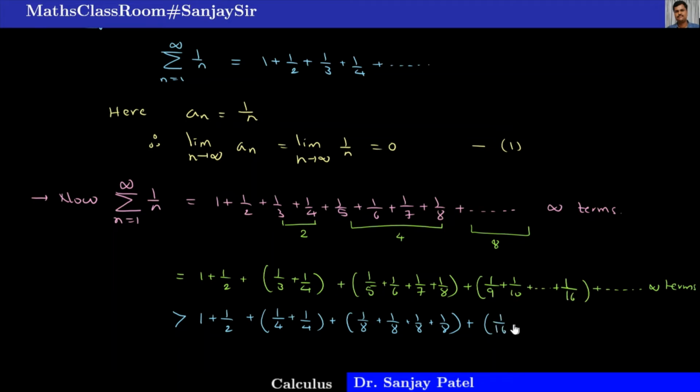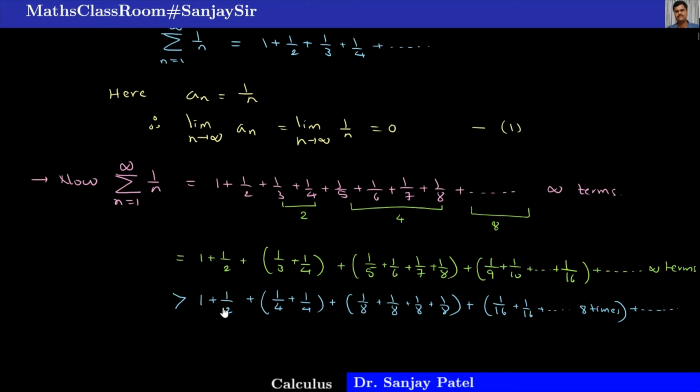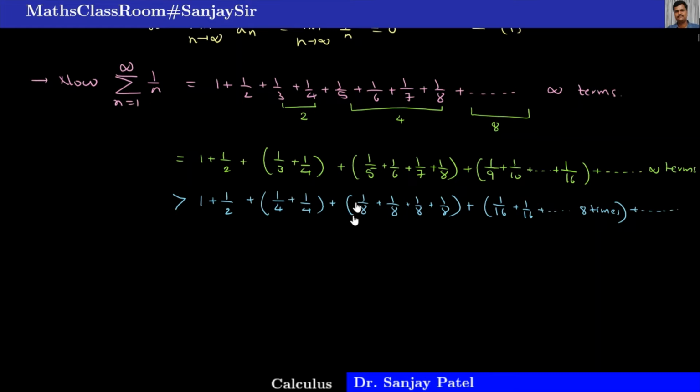So we'll get 1 by 16 plus 1 by 16 and so on. And that is also how many times? It is 8 times. So there are 8 terms here, plus and so on up to infinity. Now let us simplify this last step. So what we get here is 1 plus 1 by 2 plus 1 by 4 plus